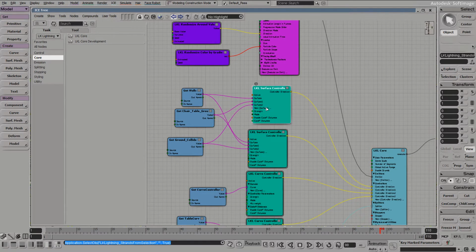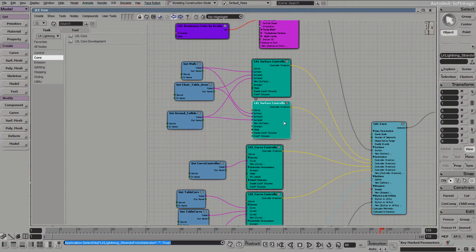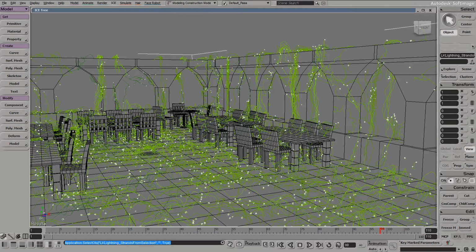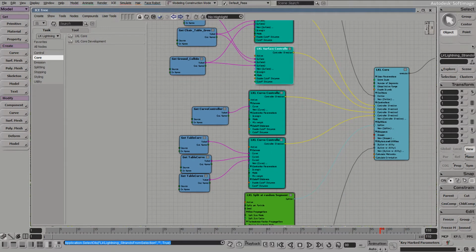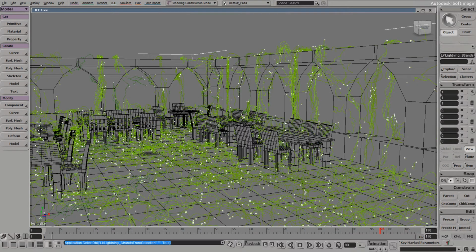We have a controller, a surface controller, where it crawls over the floor and over the walls. And then we have another surface controller that tells it, hey, if you get really close to the walls, back off, so that there's no interpenetration. And then we have some curve controllers here, which are basically just some curves that go up the pillars